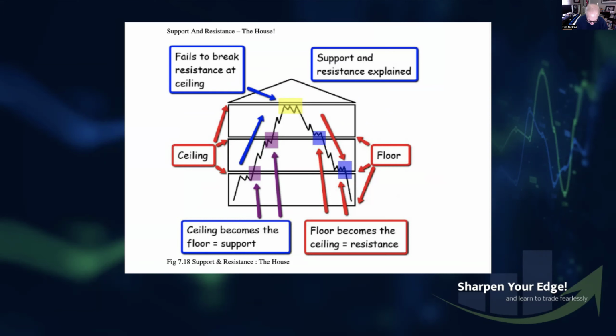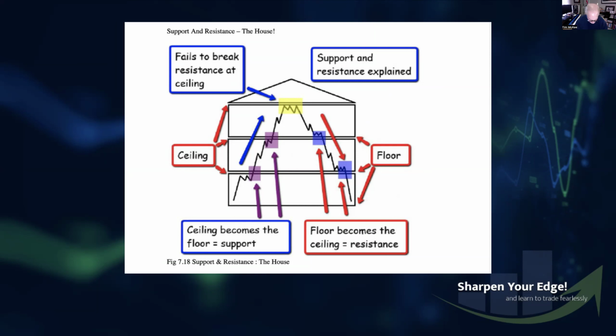Imagine you're looking at a vertical cross section of a house, which is shown here on the screen. In other words, what we're looking at here is a house with the front removed, like an old-fashioned dollhouse with the door open. Now you can see all the floors and ceilings in the house, and you can see here we have a ground floor, first floor, second floor, and a roof. Now the zigzag line represents the market, which has moved from the ground floor to the roof and back again. Now let me explain the price action on screen as it moves through the house to better visualize the concept